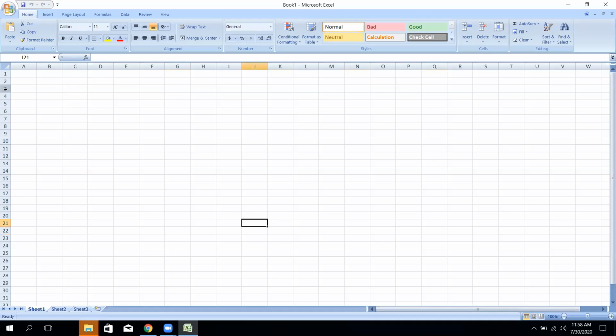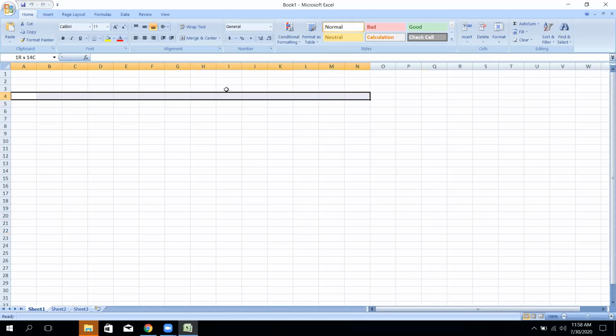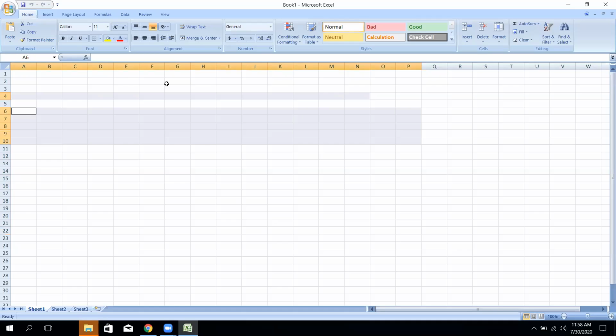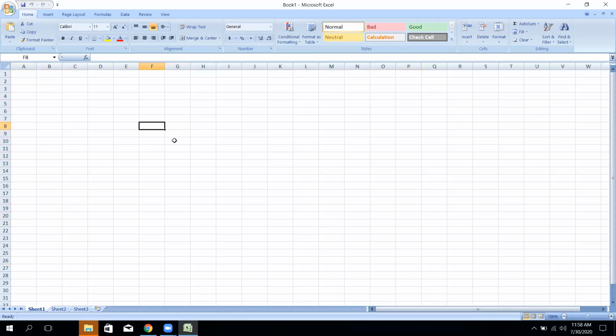Another, this is the row. The combination of row and different types of column consists of a worksheet. So this worksheet is utilized for different purposes.